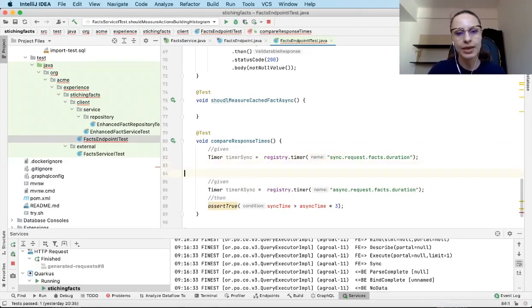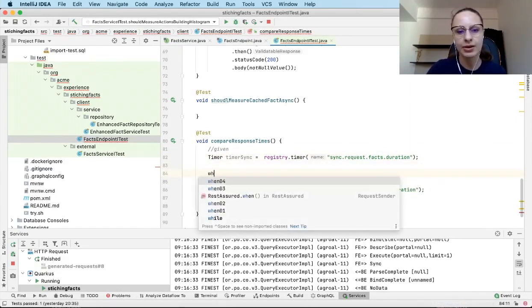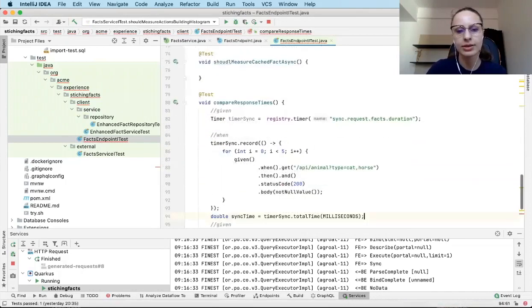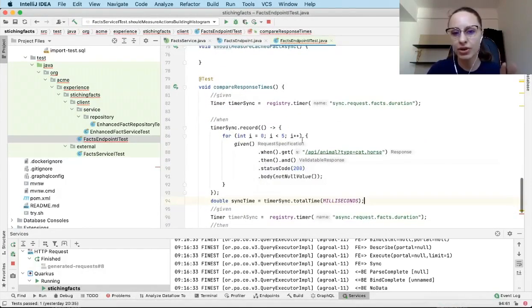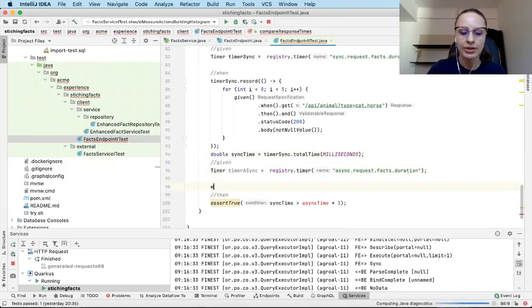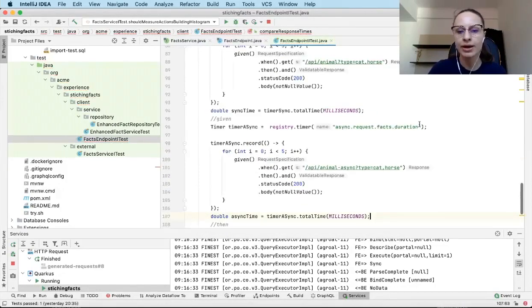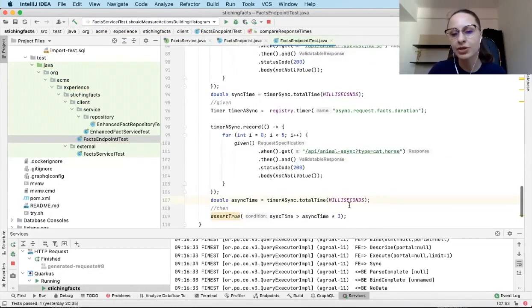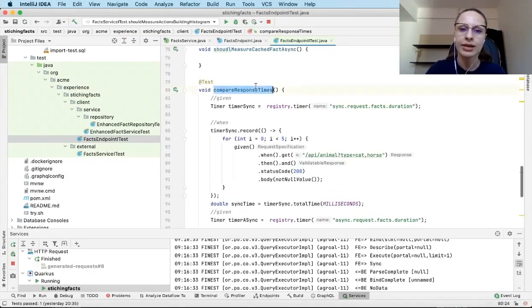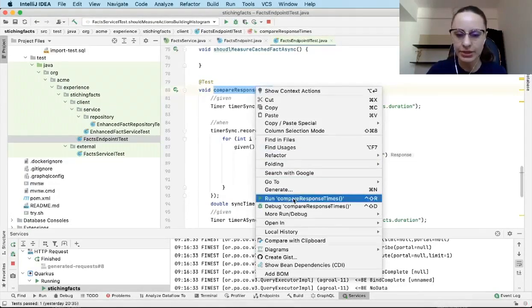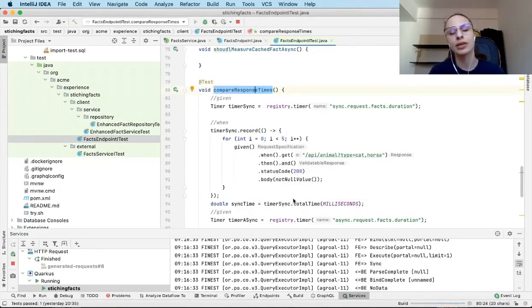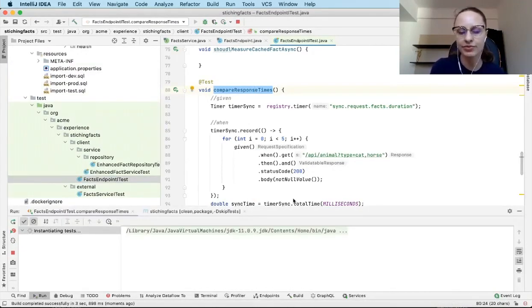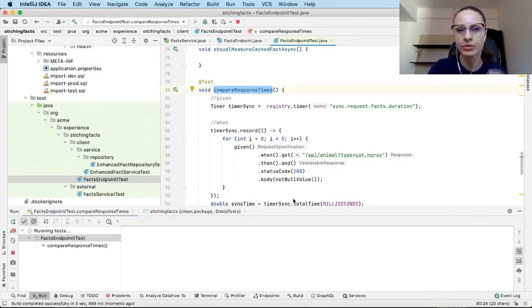And I'm going to say when I do 5 requests to the synchronous endpoint, measure that, and I'm going to do the same thing for my asynchronous requests and measure that. It's pretty much that, and just run the unit test now. While this is running in the background, and the expectation is that synchronous time is going to be bigger than the asynchronous one, we're going to move to the next part of this session,